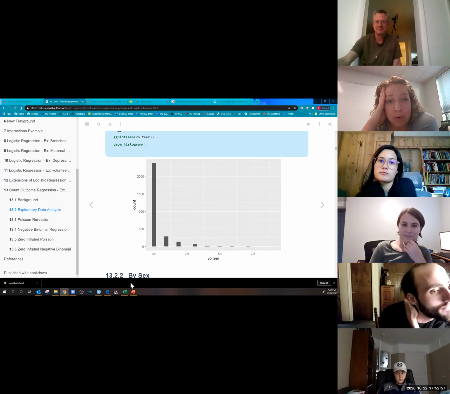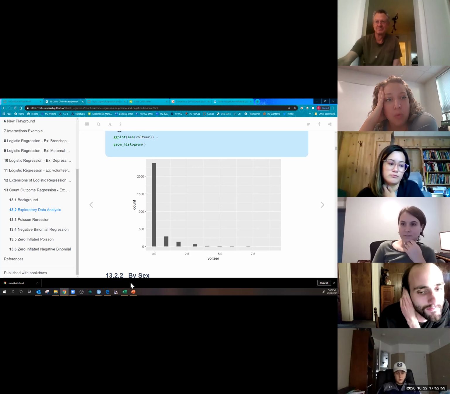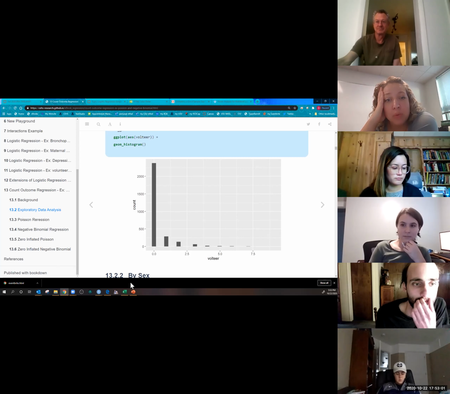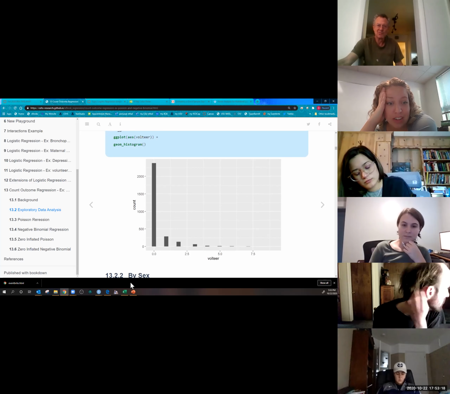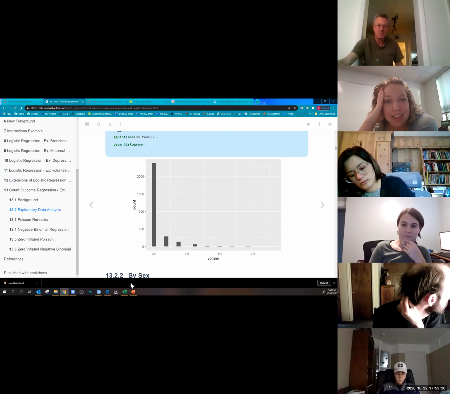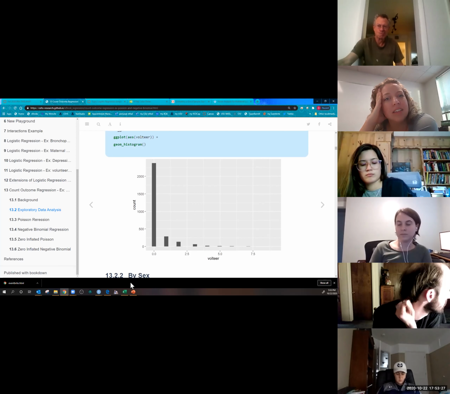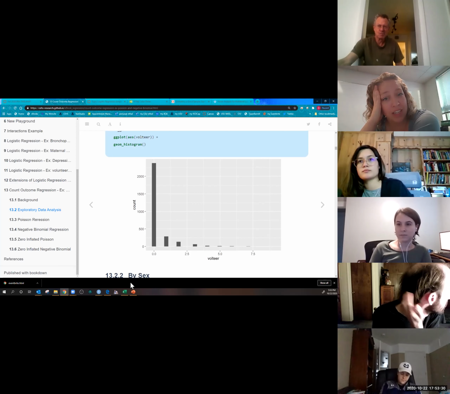When the average number is quite large and there's quite a bit of spread, sometimes we can treat it as if it's a continuous variable. Number of times can be treated as a continuous variable if when you plot it, you see something that looks kind of like a normal curve. But when we plot this, the average number is very, very small. Most of the people are in the 0, 1, 2, 3 zone. And so the fact that there's no one in between 0 and 1 and nobody in between 1 and 2, because it's a count, makes it so you should not use regular linear regression.